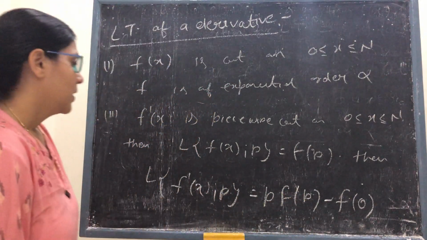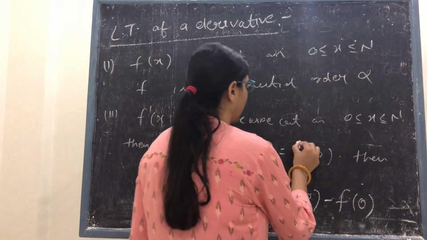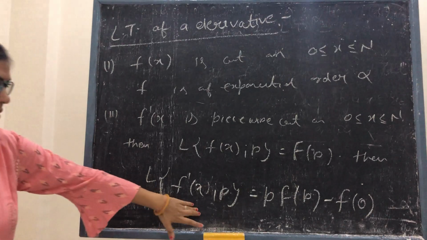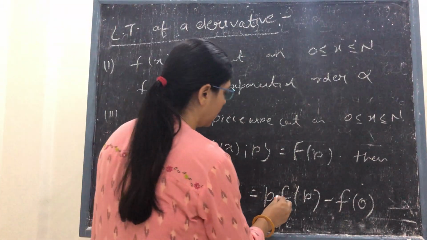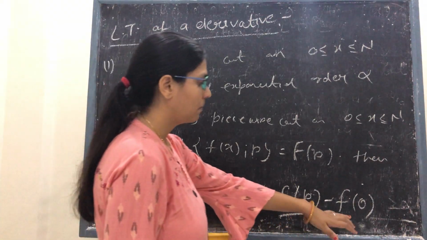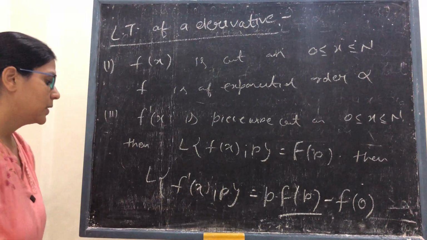क्लियर? लाप्लास ट्रांसफॉर्मेशन, अगर किसी फंक्शन का लाप्लास ट्रांसफॉर्मेशन को हम कैपिटल F(p) से डिनोट करते हैं तो उसके डेरिवेटिव का लाप्लास ट्रांसफॉर्मेशन इज डिफाइंड एज p इंटू लाप्लास ट्रांसफॉर्मेशन ऑफ द फंक्शन माइनस वैल्यू ऑफ फंक्शन एट द पॉइंट 0। हम इसे प्रूफ करेंगे।